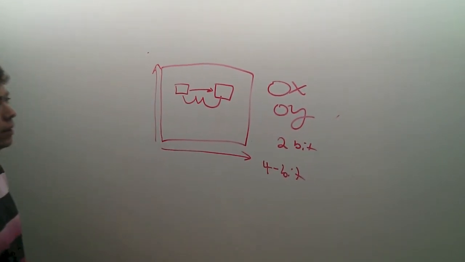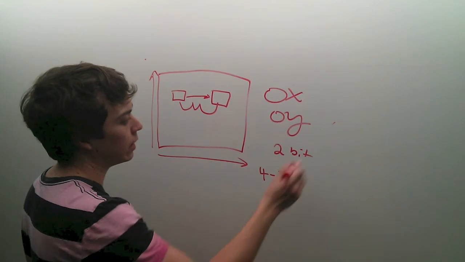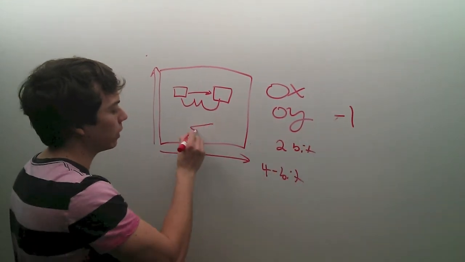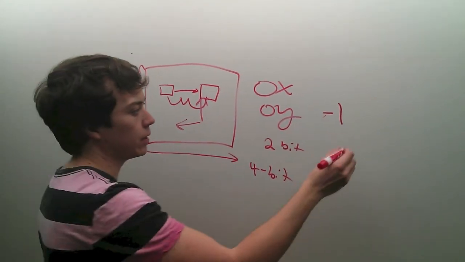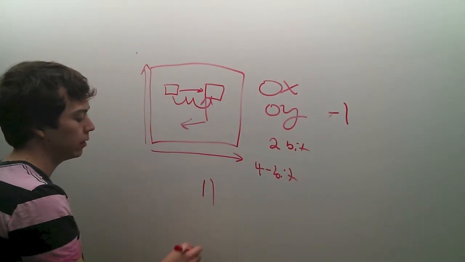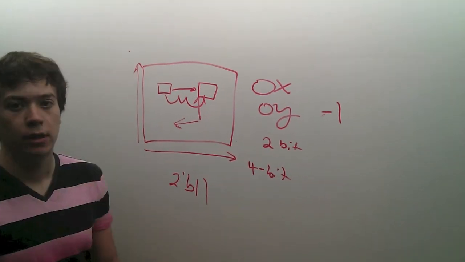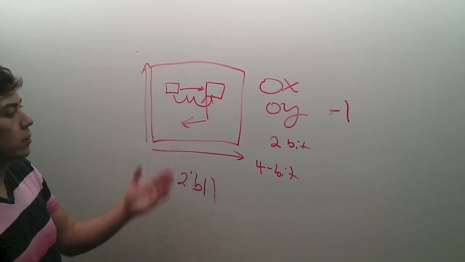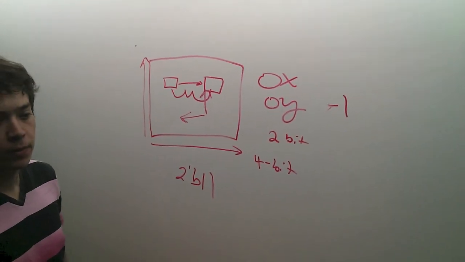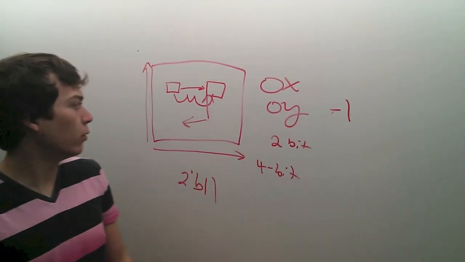So, when we were repeatedly adding OX and OY, we were adding a 2's complement representation of -1 when we go left or up. That 2's complement representation, 1, 1, was getting added to 4-bit numbers. And of course, 2's complement no longer works in that case, and we were experiencing erratic behavior. After a lot of trial and error, we discovered that this was the cause for our problems, and